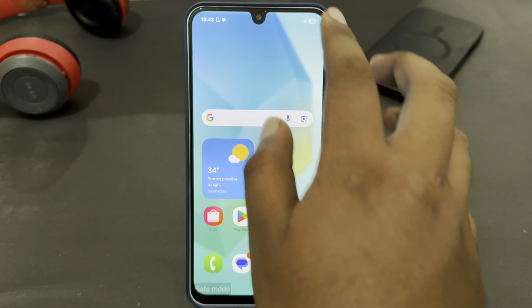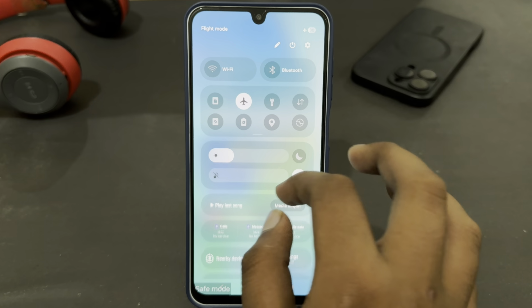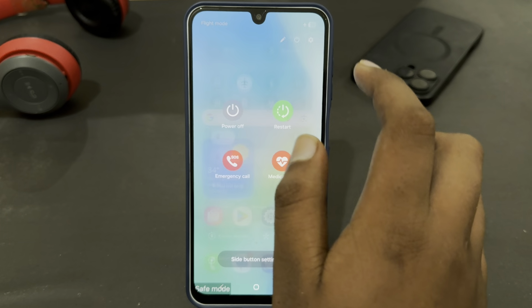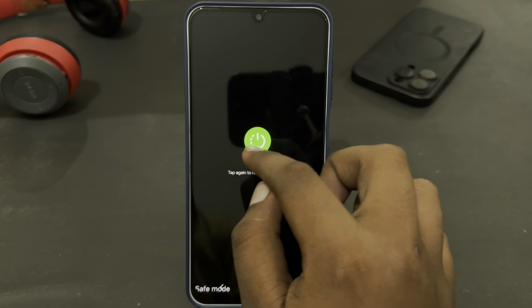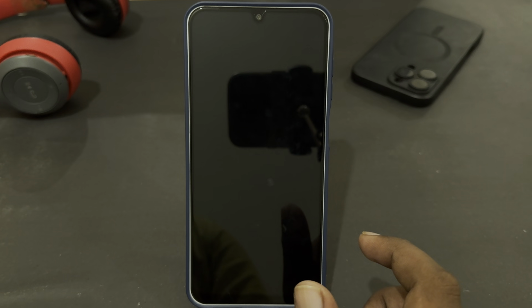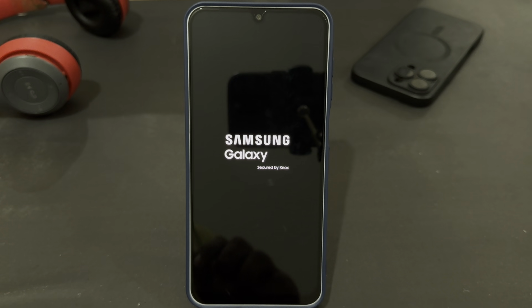If you want to exit, just scroll down your quick settings and here you just have to restart your phone. Tap on this power option again, then tap on restart, then tap on it again, and it will restart your phone. After restarting, you will see that your phone has successfully exited safe mode. So in this way you can easily enter and exit safe mode